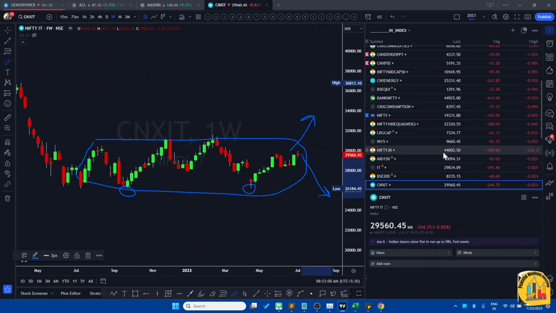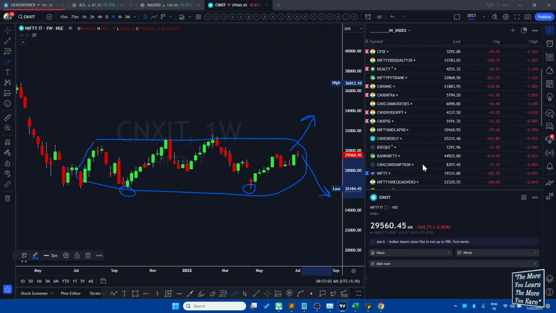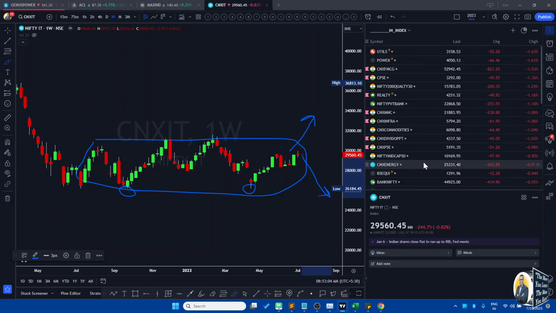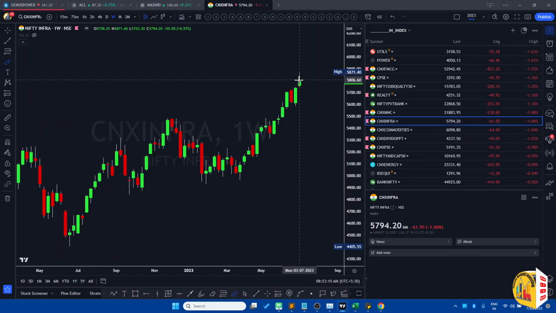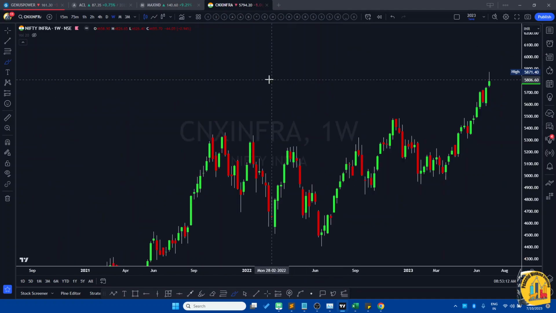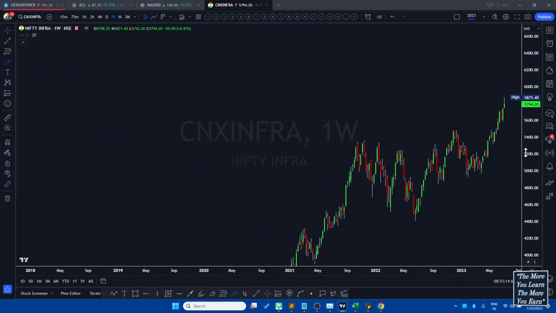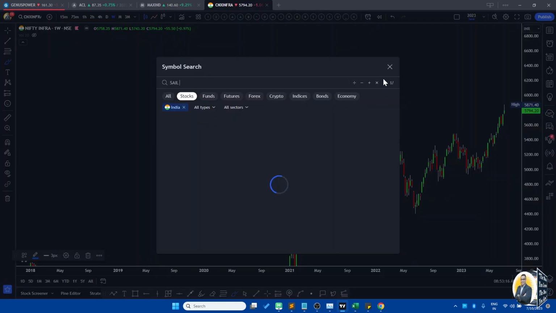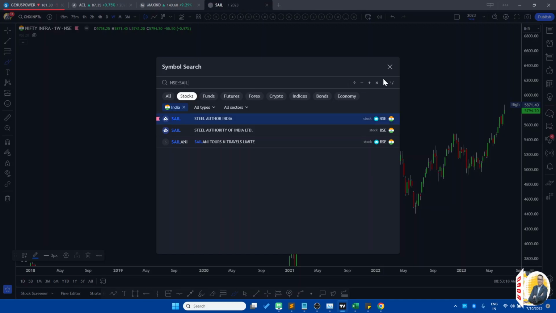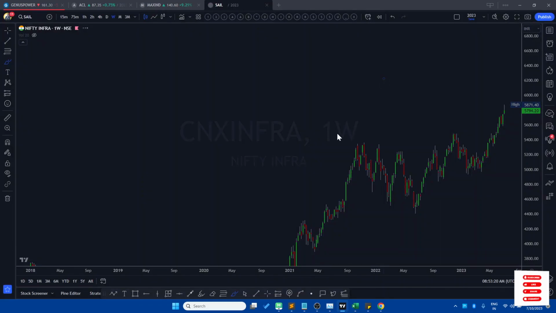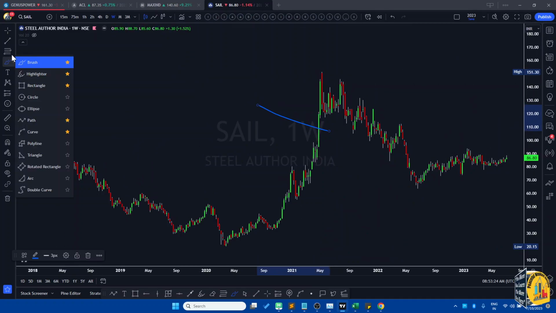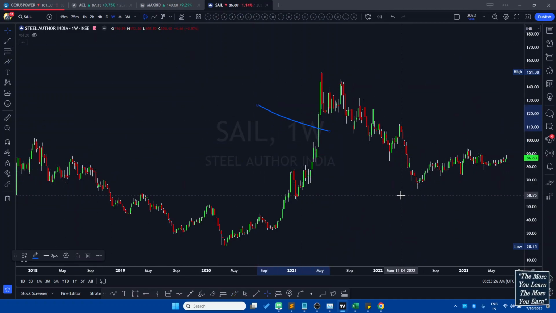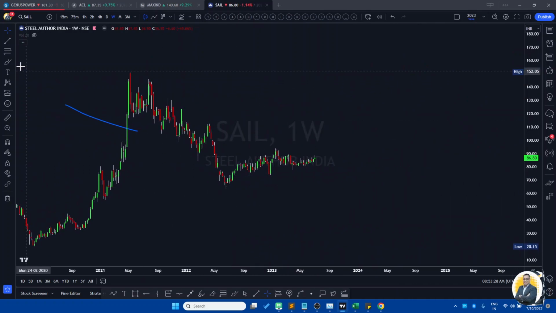Another sector which might be of your interest is, banks are anyway there, so I'm not going to cover that. It's the steel sector, and in steel, some of the stocks which should be on your radar are Tata Steel and SAIL. Again, no recommendation, please. I'm just giving my analysis, which I do every week as part of Peaceful Weekend Investing. But something you can analyze yourself is what's going on here.